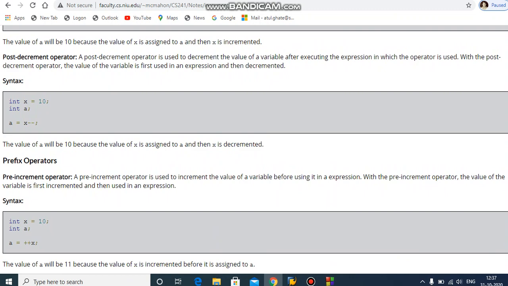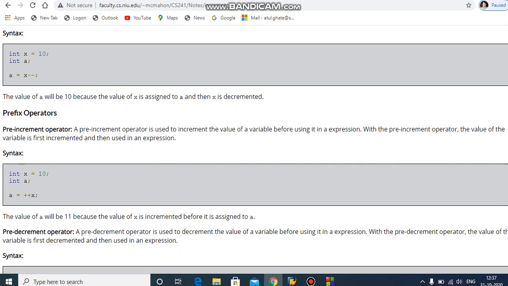After that, in the cout statement for x minus minus, x will be decremented by 1, so the value will be 9. The value of a will be 10 because the value of x is assigned to a and then x is decremented. So this is the next topic, prefix operator.